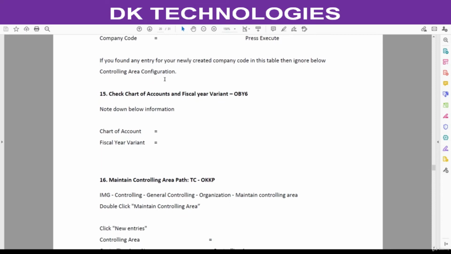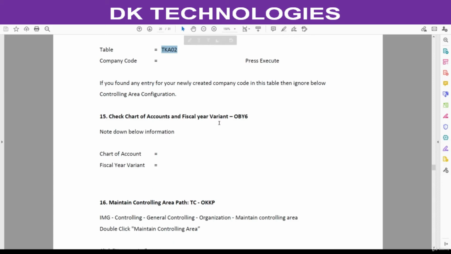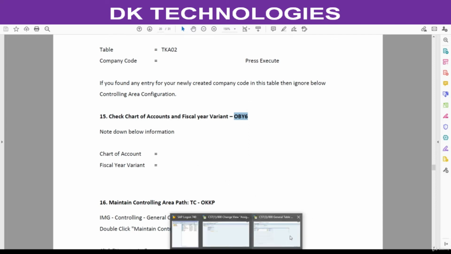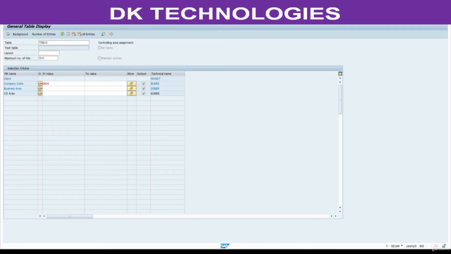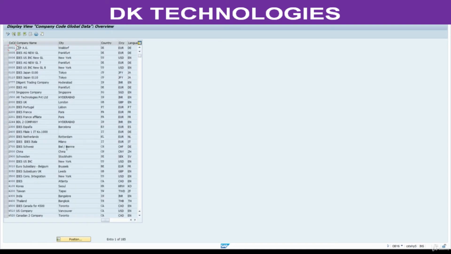Since we didn't find any entry in this table for our company code, now go to this T code OB56 and note down this information, chart of accounts and fiscal year. Click yes.